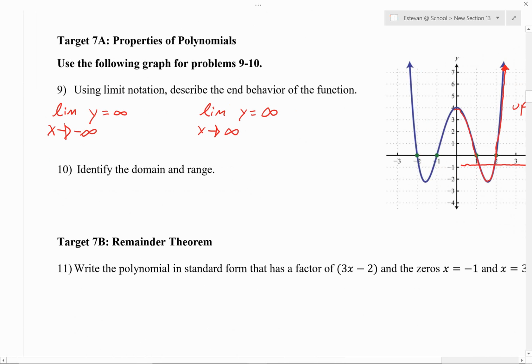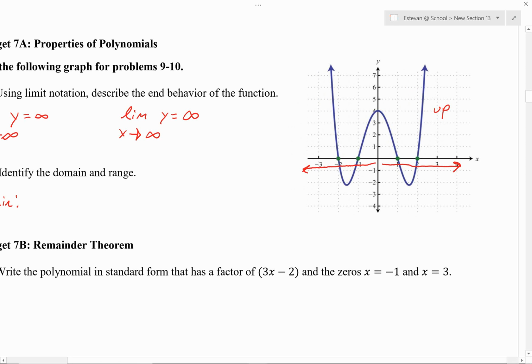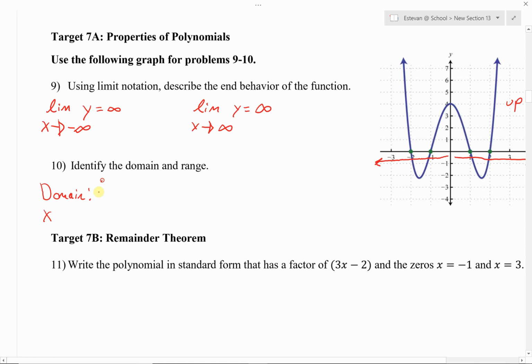Next, identify the domain and range. Well, your domain represents your x values. So, are there any gaps or so forth? For polynomials, I could keep on going to negative infinity or positive infinity non-stop, and I'll always have a y value. So because of that, my domain will be negative infinity to positive infinity. Range